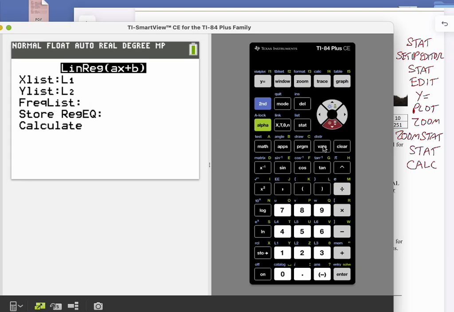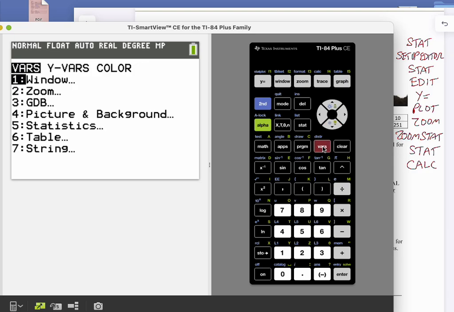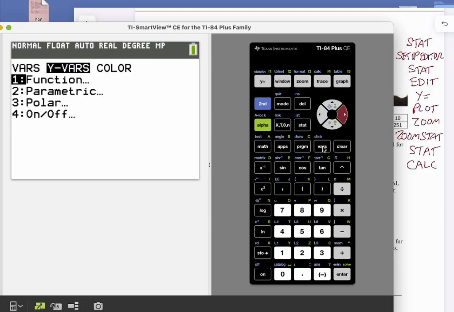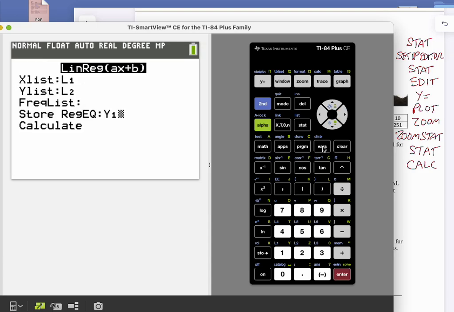And then everybody, whether you see this screen or not, is going to hit the following keys. We're trying to find y1. You hit vars, which is variables, yvars, which is y variables, function y1. Okay, I'll write that down. It's variables, vars. It's right above the tangent button. Arrow over to yvars, function